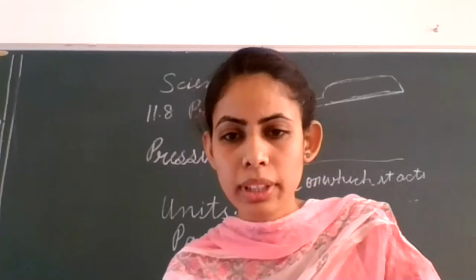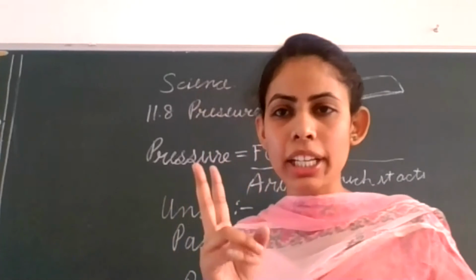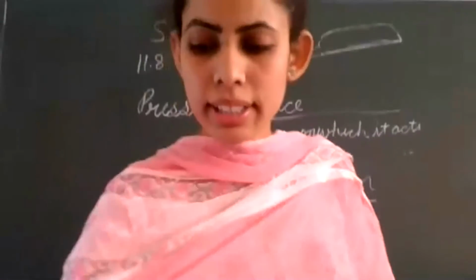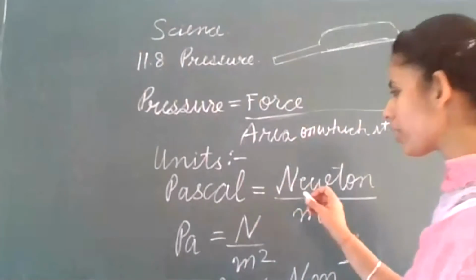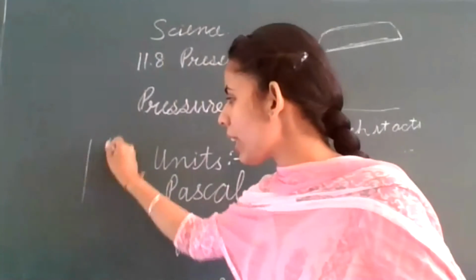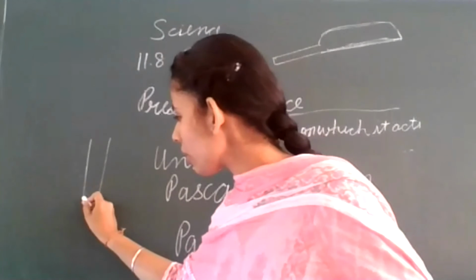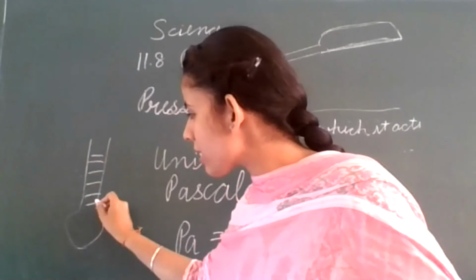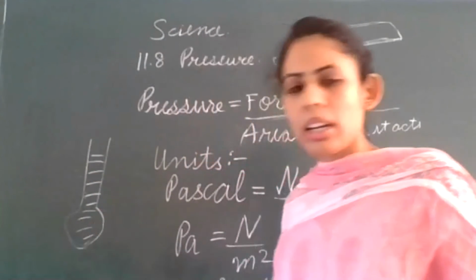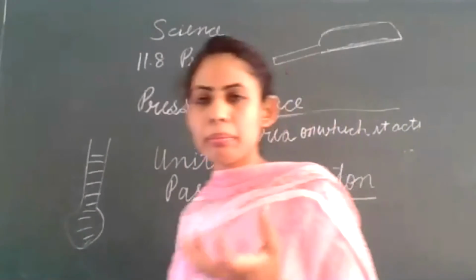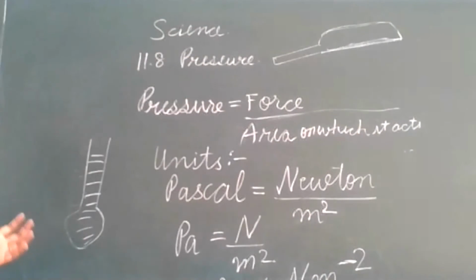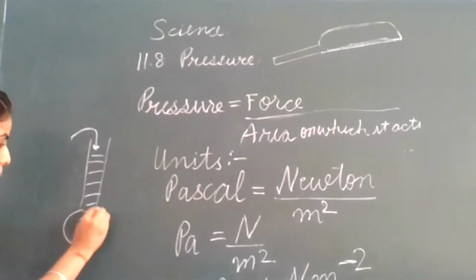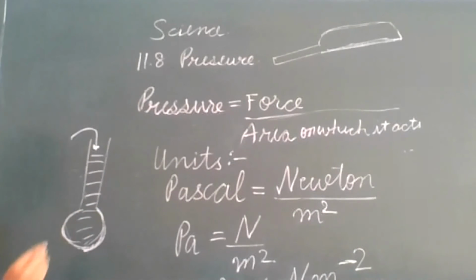Now, in the next activity 11.10, are the two activities clear to you all now? In the first activity, we took a tube and put a balloon into it. As the water level increases, the bulge of the balloon also increases, so the water is applying pressure at the bottom of the tube also.